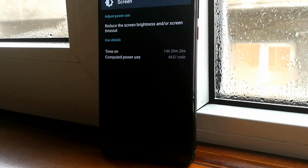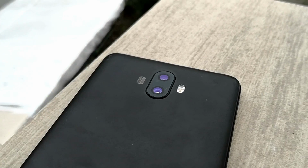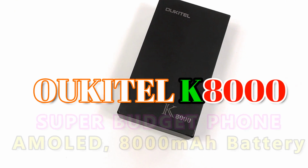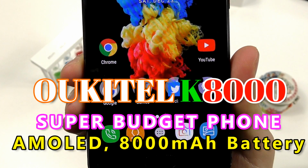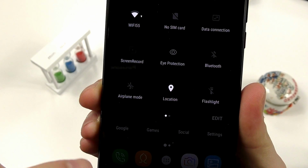And if you're like me, then you're probably wondering, why don't all $200 phones have huge 8000 mAh batteries and AMOLED displays and one-hand usage friendly? Well, keep asking yourself, but for the time being there's only the OUKITEL K8000 and you're watching my full in-depth honest review of it. This is one of the better budget phones out there on the market and I'll tell